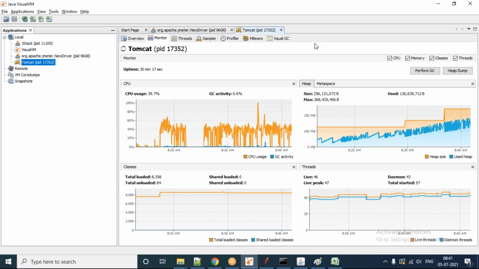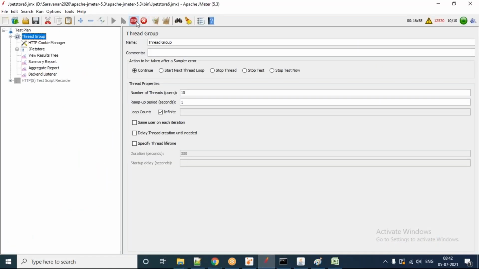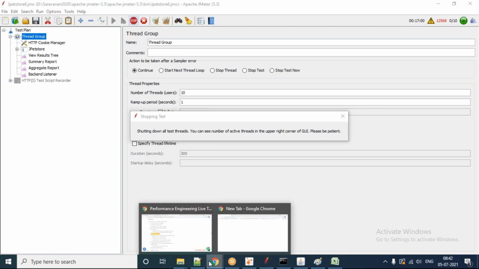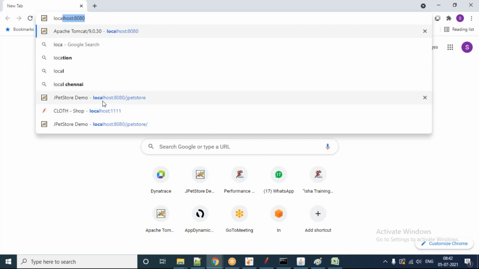So this utility tool, JVisualVM, gives a kernel-level understanding. Whatever we are trying to see is at kernel level, on the machine level, not at the user level. User level means what? This is the user level, right? If I right click, so I'll stop this test for some time, which is eating my CPU a lot. So if I open that application,